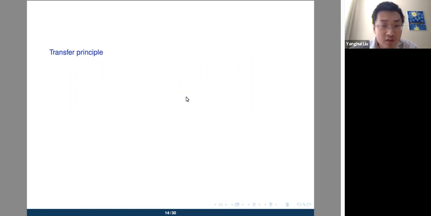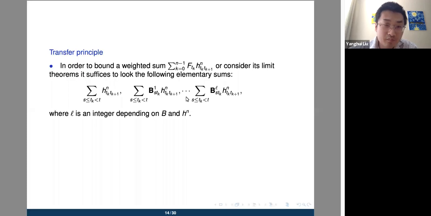So let me also say a word about the transfer principle I just mentioned. The transfer principle was for the weighted sum. In order to bound the weighted sum, here I just write the summation of f(t_k). Remember, f is the weight process times h_n. In our example, in the Euler scheme case, h_n is a double integral. In order to bound this quantity, or in order to find the limit theorem for this quantity,